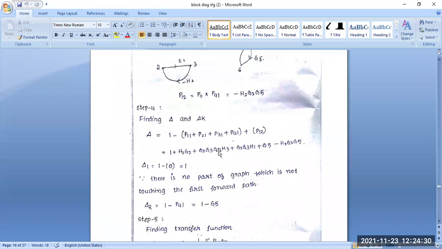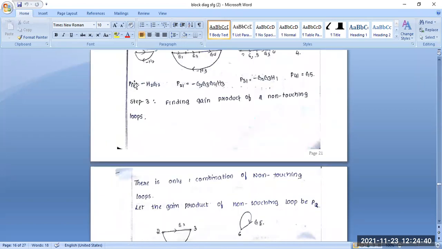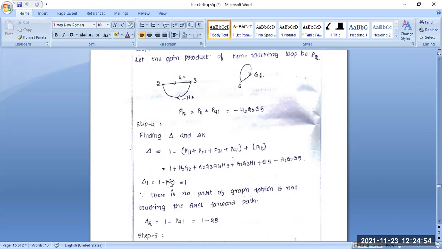Okay, let us conclude this. After this, we have to put the values. We have to calculate P11, P21, P31, P41, P12 from here. These are the different values you have to calculate. Now you have to put the values one by one and calculate the total; the negative and positive signs also change here. Then you have to calculate the path gain.